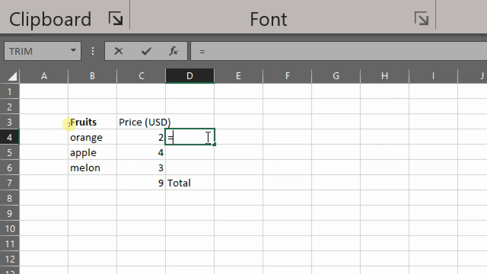Now, relative addressing changes with respect to the position. Now, I am demonstrating this right now. So, if I say relative address or relative reference of this, C4, okay? And then I put in an operator, let's say plus, and I'm adding it to C6, right? Okay, so now,